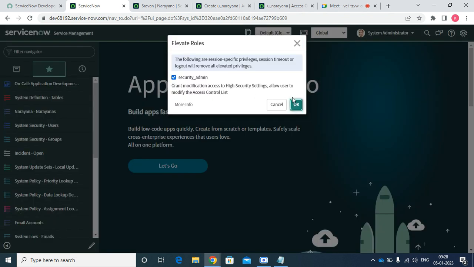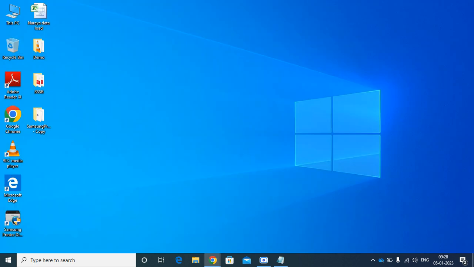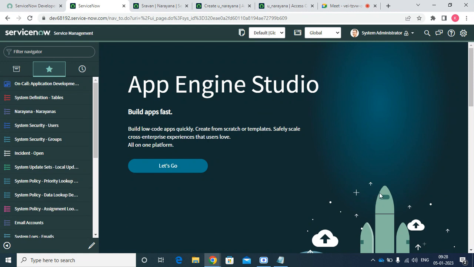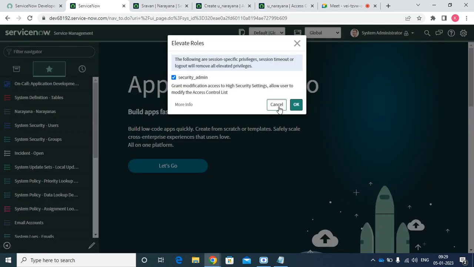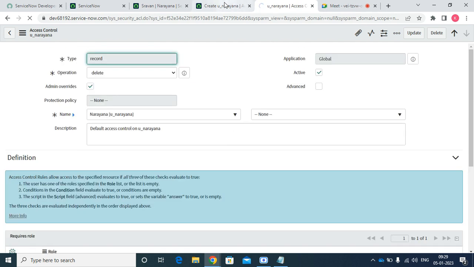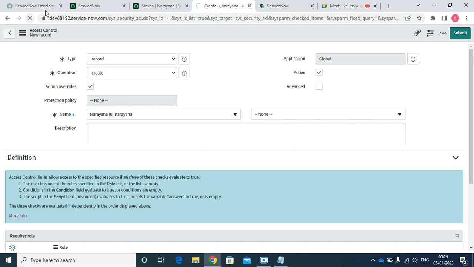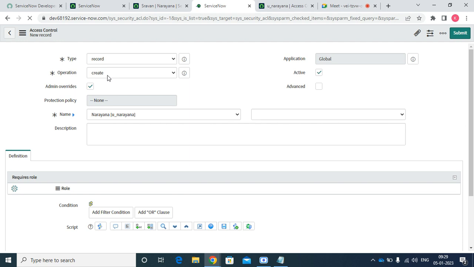These ACLs are a very sensitive part in ServiceNow. Now see again I'm just going to elevate the privileges. We have already elevated. Now just reload this. Oh sorry, I'm just creating a new ACL, where I need to restrict the user from the personalized choices. Now here,